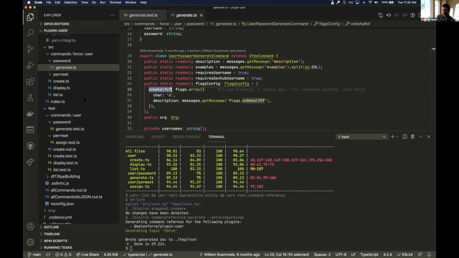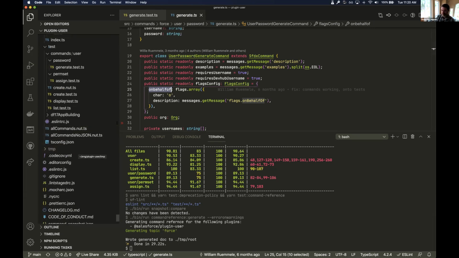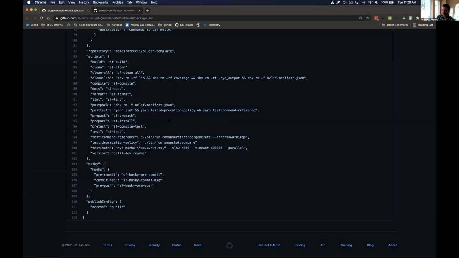So that's some examples of some of the things running in here that are extremely opinionated, maybe too opinionated as to what versions of things you use, what changes you can make, and what you can deprecate. We also have